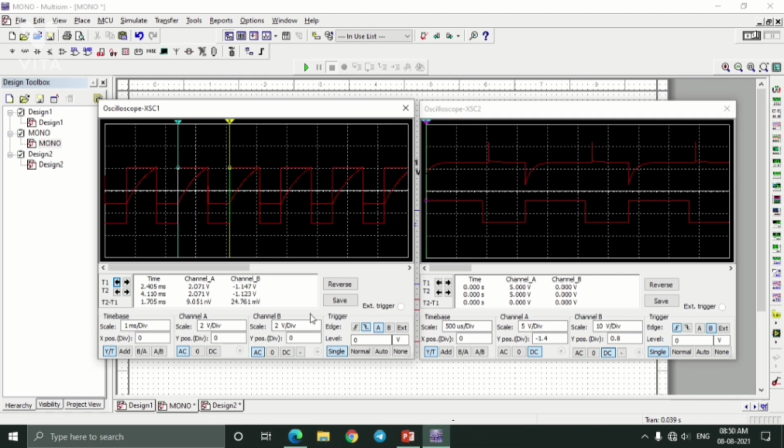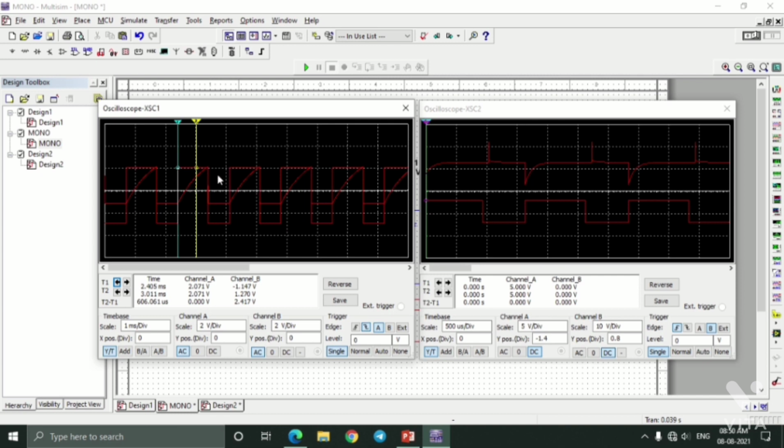1 by 3 times of VCC is at this position, that is channel B's output across the capacitor. Since the tracers are now moving on channel 1's output, you need to change to channel 2's output.